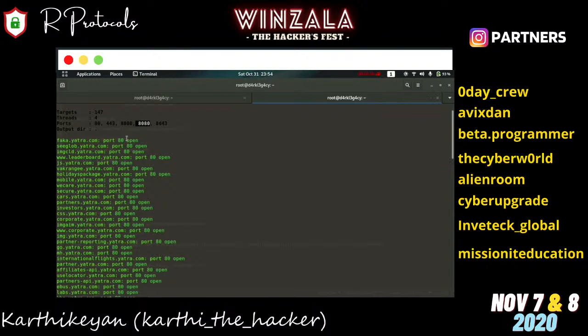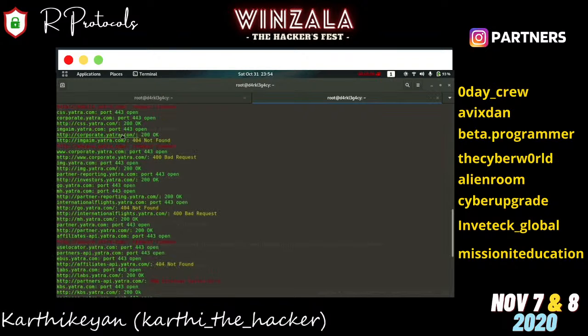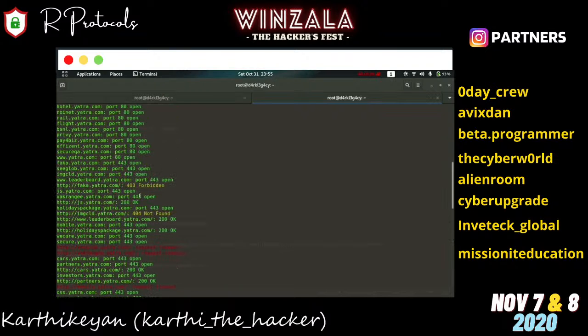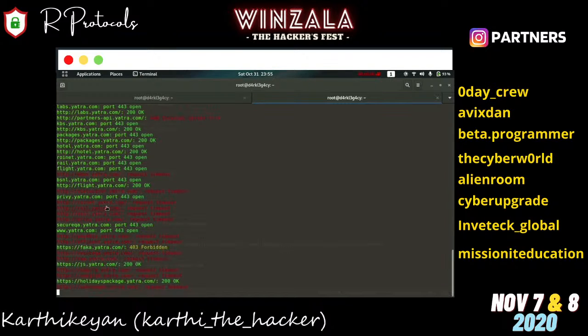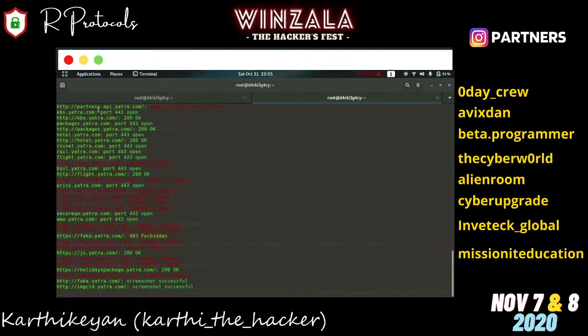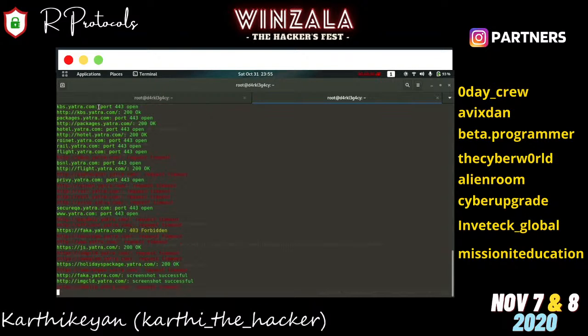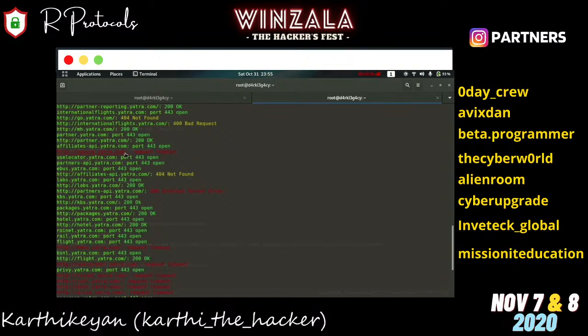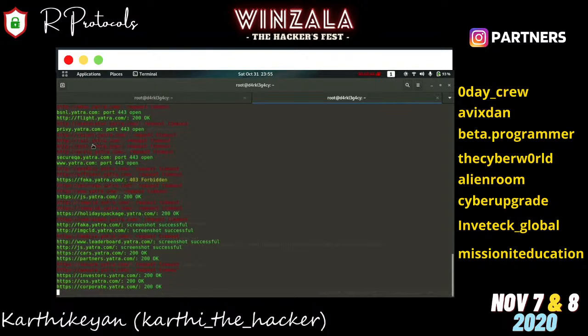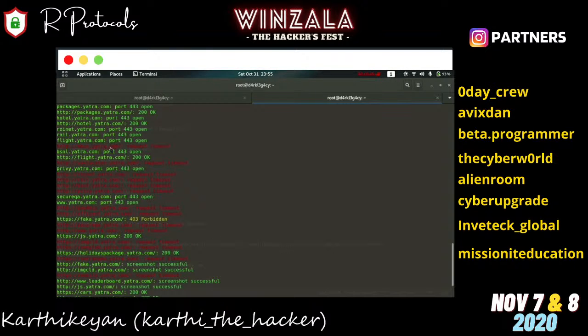We have the screenshots in a local file in a directory. We will have a directory named aquatone, and in that directory we will have the screenshots of these URLs. Some have been listed as 500 internal server error, where the server has not responded properly.